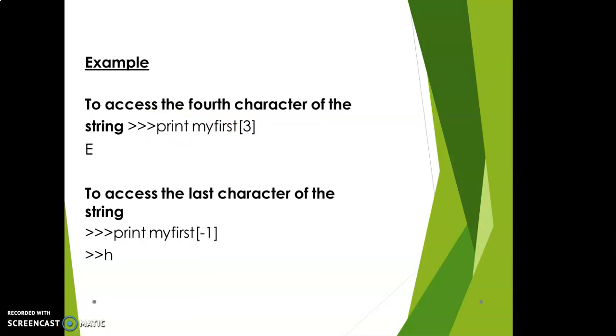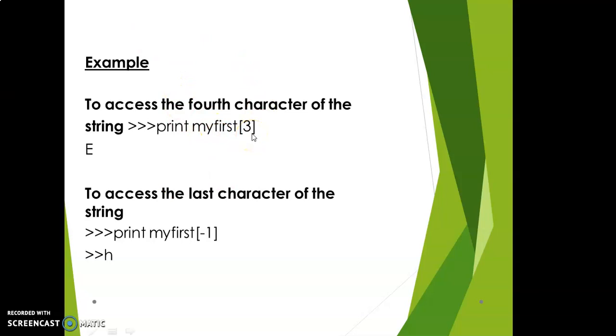Now to access the fourth character of the string, I have given 3 here. Why 3? Because the index begins with the 0th position. So print my first. What is my first? I have stored Save Earth. So the third position I have to print.